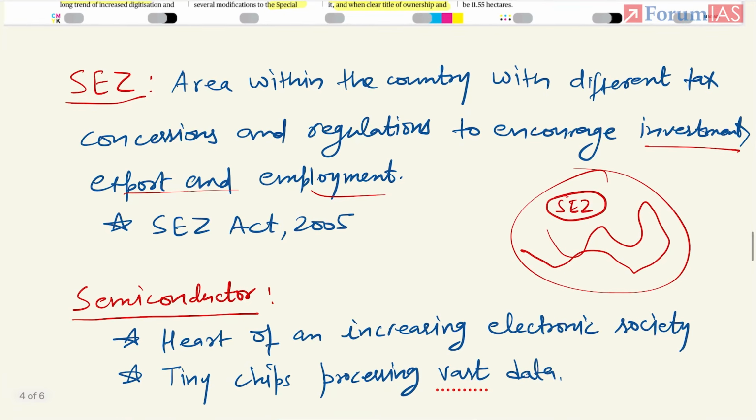Semiconductor, you know the importance of semiconductor in today's world. We are transitioning towards an electronic society. Today, we can't imagine our life without electronics. Everything we use, from mobile phone to fan, to light, to internet, everything works on these tiny semiconductor chips, and they process vast data. So the need for manufacturing semiconductors locally arose